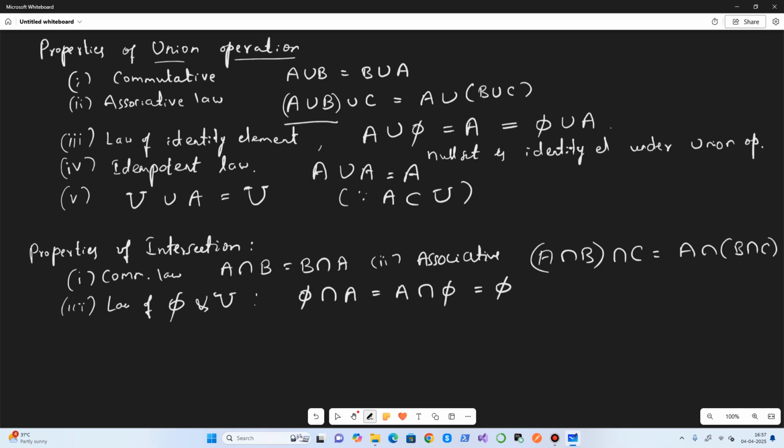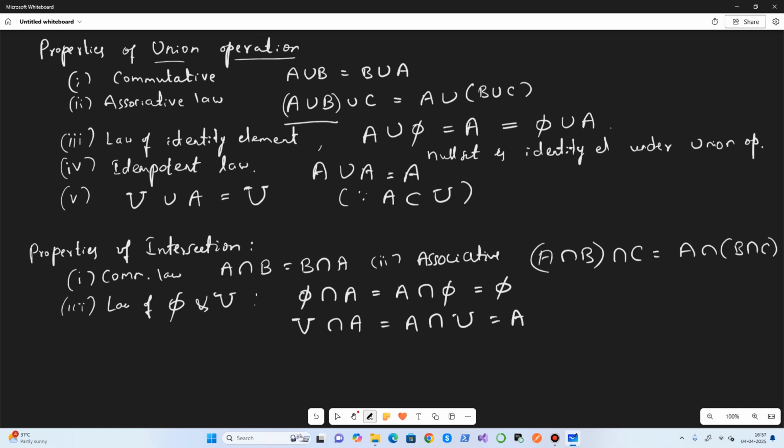And any set intersected with the universal set always gives back that same set A. So this is the law of the null set and the universal set.